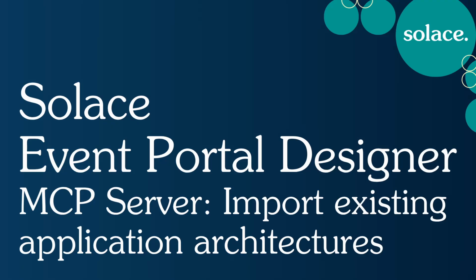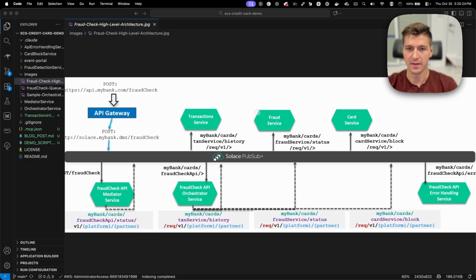Often I come across customers that have a large existing application estate that they would like to include in their event portal. They often leverage the Solace Event Portal to provide enterprise-grade tooling around event-driven architecture. But they may have been using Solace for a while without using the event portal, or they might be migrating from some other legacy messaging technology, and they would like to include all of their existing architecture inside of the event portal to leverage things like the designing tools inside of event portal, governance enforcement, robust cataloging, and deployment management